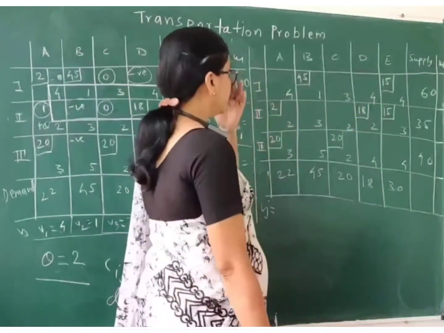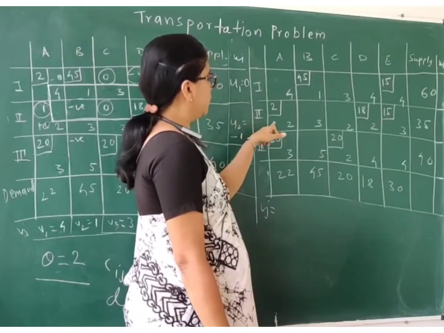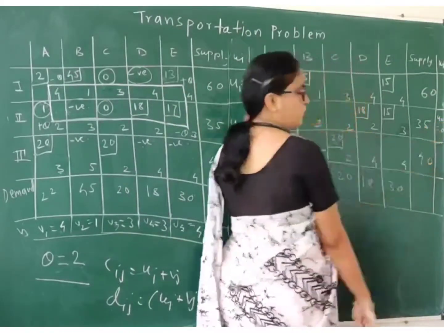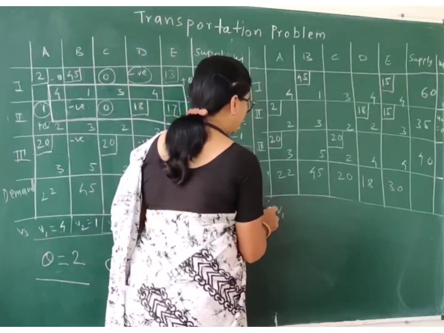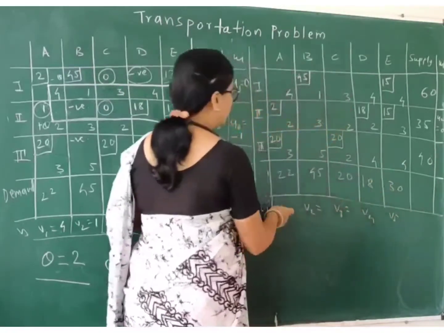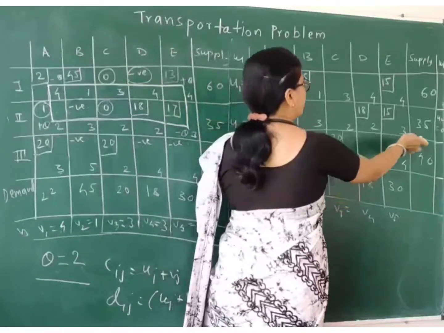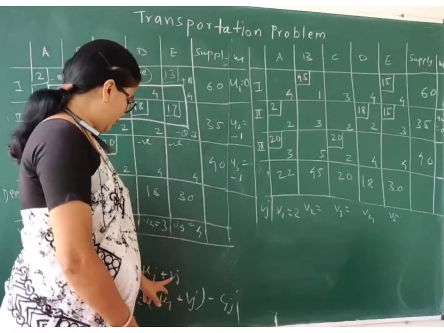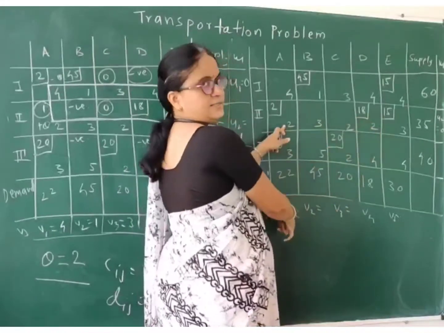Okay. Fine. So as per the earlier discussion, now the maximum possible allocation goes to the second row, and hence the value of u2 becomes 0 over here. By using u2 equal to 0, I can get the values of v1, v2, v3, v4. So the value of v1 over here we can directly get as 2. If you observe the formula, Cij equals ui plus vj. Since we need to find the value of vj, it is Cij minus ui. So Cij means 2, so 2 minus 0 is 2 over here.